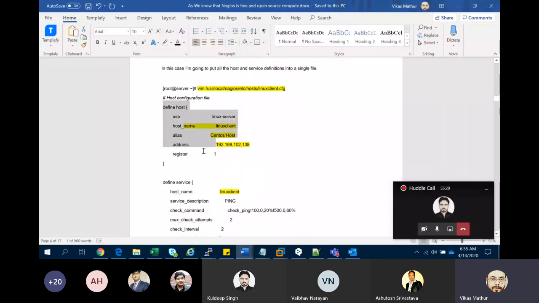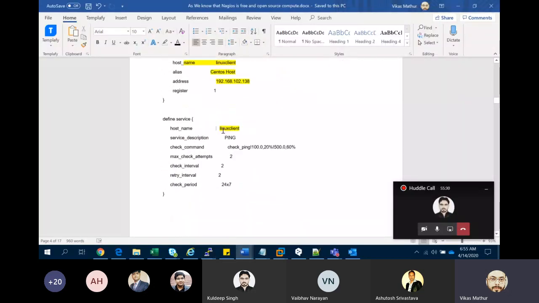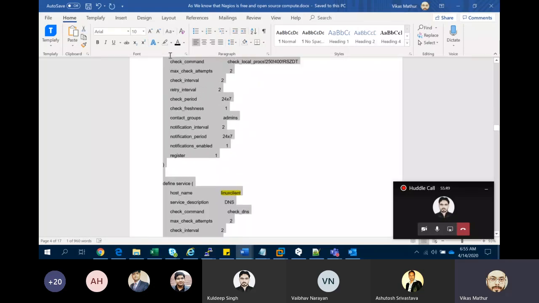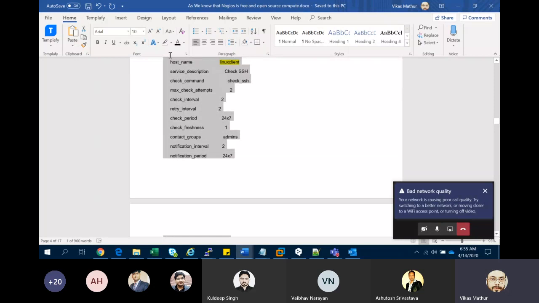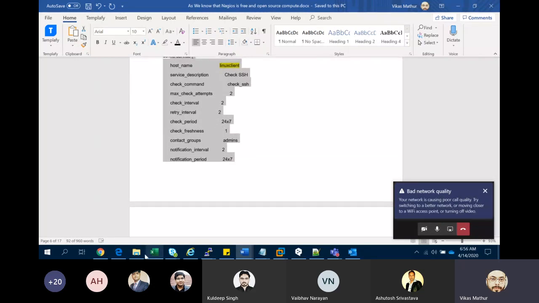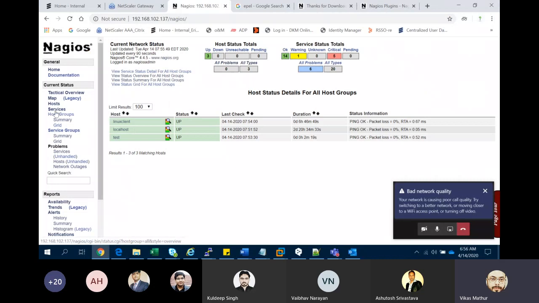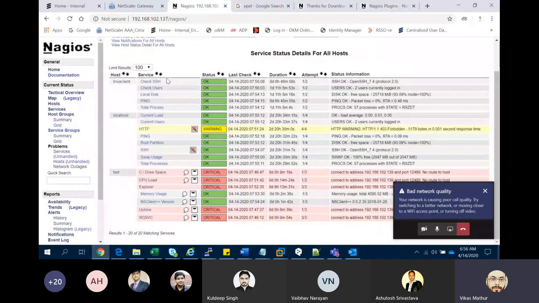So these are the hosts, and these are the services. If we want to monitor any service on that particular host Linux machine and I add this information over here, it will check your SSH, check users, local disk, ping, and total number of processes.